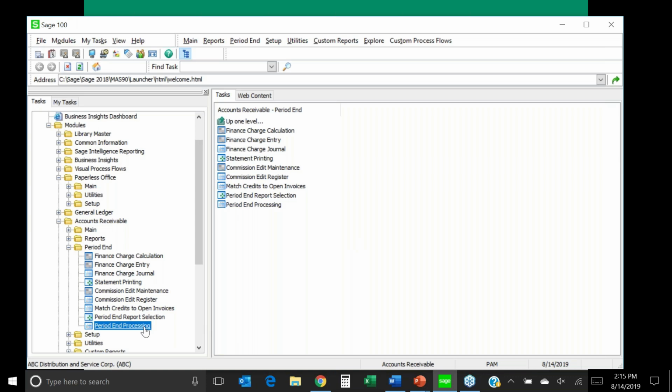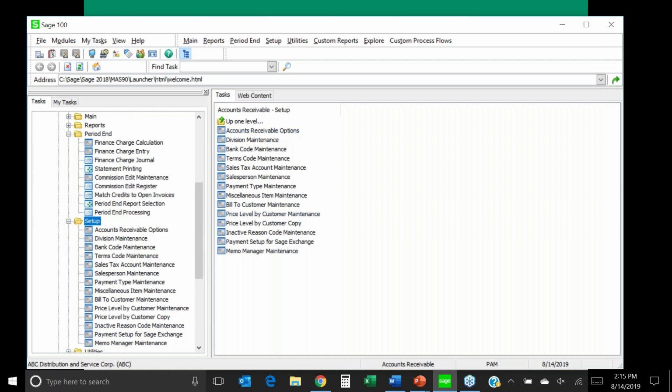So if the last period closed was period 12 of 2018, you're going to have to go through and click and do period end for period 1. Then when you're finished, you can go in and run reports, do whatever you need for period 2, and so forth and so on. You can't lump it all together, and you should not go and change that option